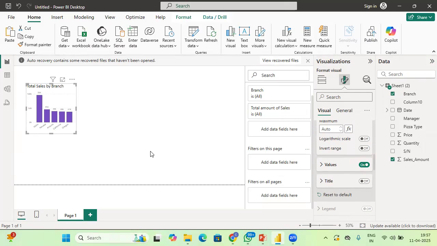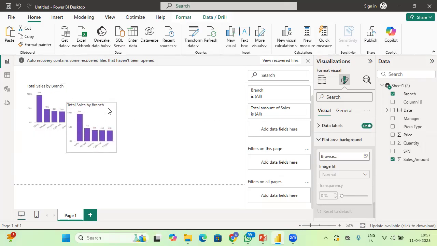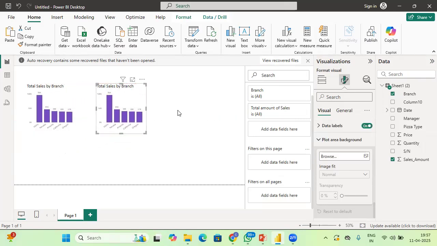Now, I want other graphs to be made. Press Control C and then Control V. So it makes a copy of itself. Then I bring it to another side. Now here I selected this one. It is a replica of that. But now